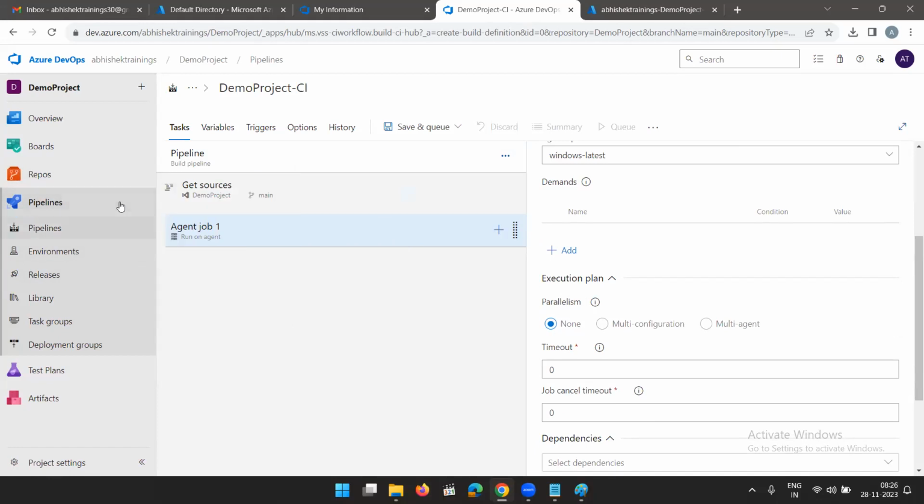Now, as soon as I check in the code, this demo project pipeline will run. But since we have not opted for any parallelism, and parallelism means two pipelines will be running parallelly for two users, the same pipeline running for two users parallelly, that is parallelism. That is chargeable. Okay, since we haven't opted for that,